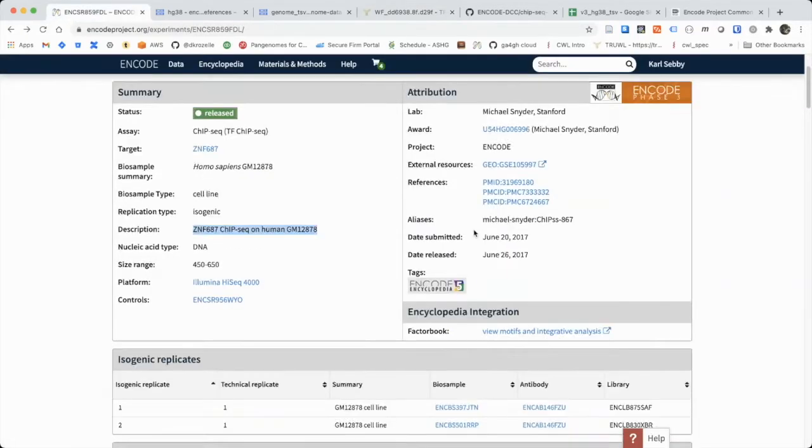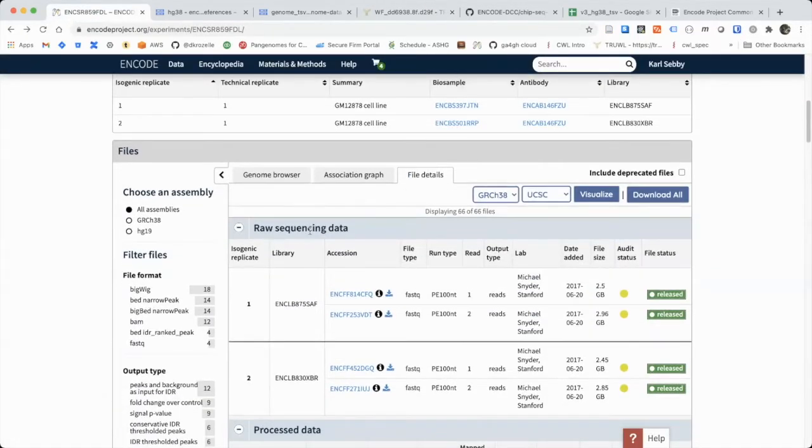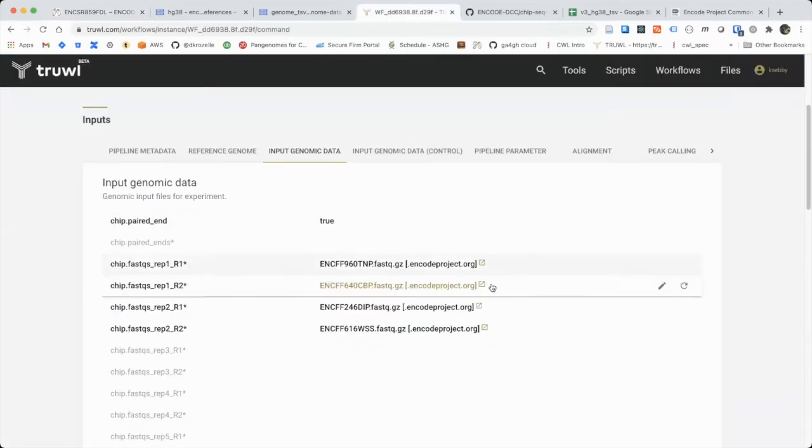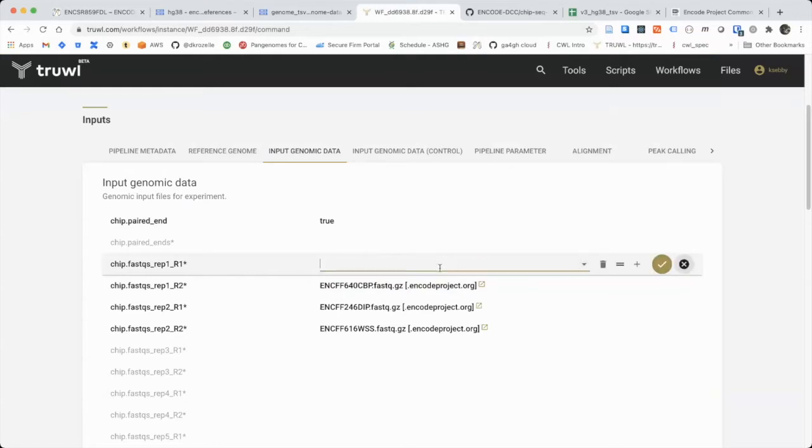So if I go back over here and I scroll down, I go to File Details, I can right click on these download links, and I don't need to download these. What I just need to do is copy the link address. So I can go over here, I can edit this, clear it out,